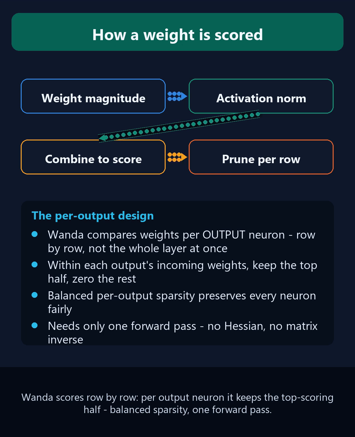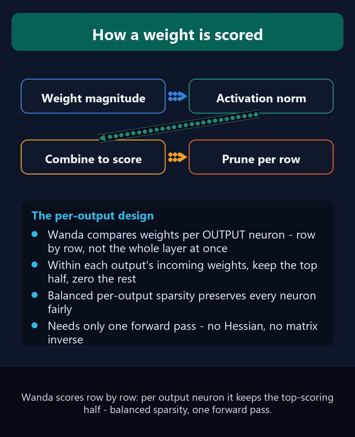Now the design detail that makes it work: the comparison group. Wanda does not rank all weights in a layer together. It compares weights per output neuron, that is, row by row. Within each output's incoming weights, it keeps the top scoring half and zeros the rest. This balanced, per-output sparsity preserves each neuron fairly, and the whole thing needs only one forward pass, no Hessian